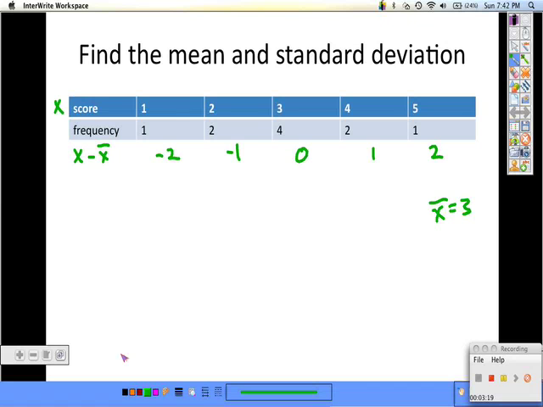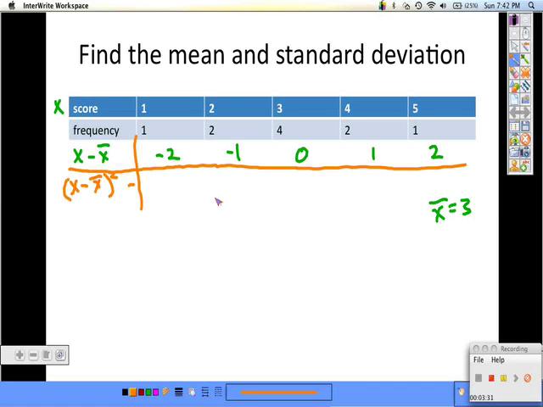And then we need to take each of those values and square them. So I'll have 4, 1, 0, 1, 4,